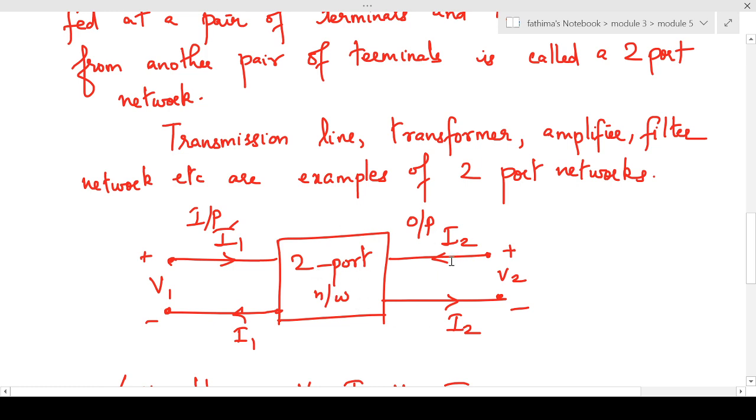Using two-port network, we can isolate a portion of the larger network, and the property of the network is specified by some parameters. That is, we are having four variables over here. They are V1, I1, V2 and I2, and out of these four variables, two variables will be independent and two variables will be dependent. And based on the dependent and independent variables, there are 6 sets of parameters for a